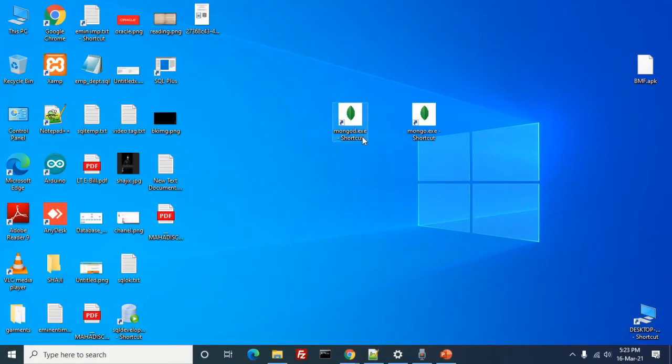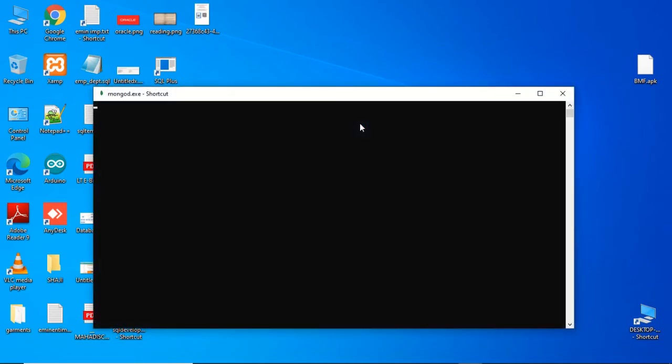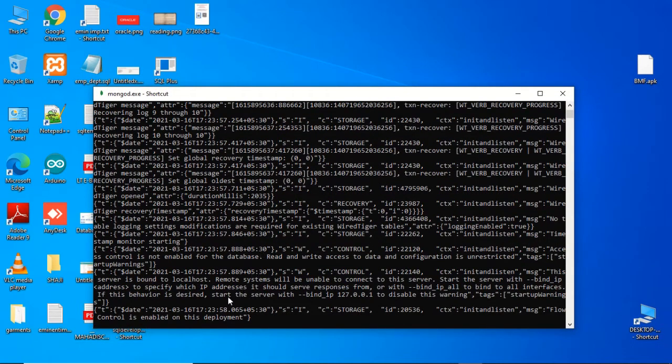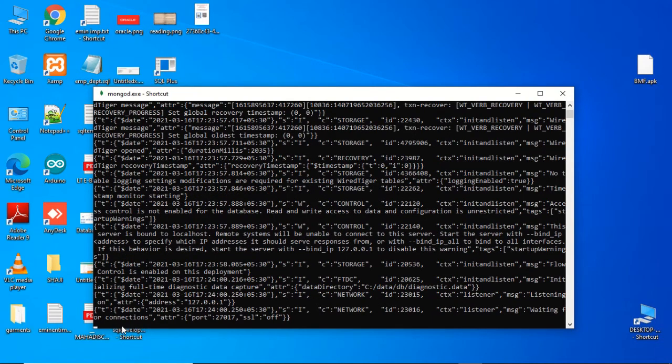If you want to start the server, you just double click this one, mongod. This will start the server for you. Once it scrolls up and down and finally stops, that indicates the server has been loaded, or started.